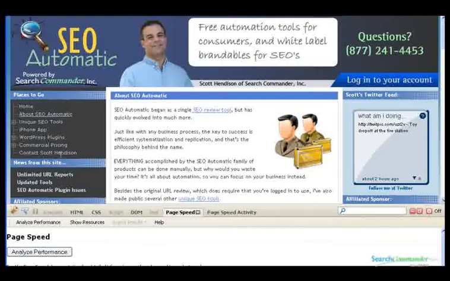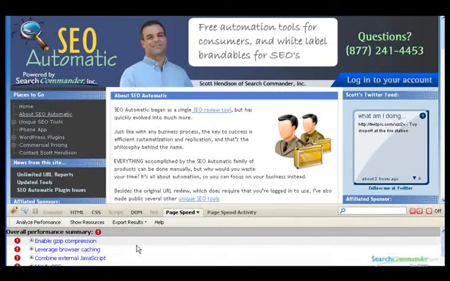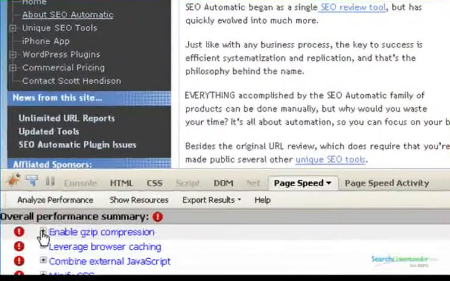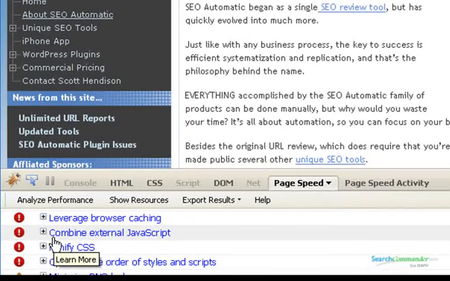As soon as you do that, you'll see a little pop-up white box here, laying over your browser, and you'll see two tabs here: Page Speed and Page Speed Activity. On Page Speed, hit Analyze Performance, let it do its thing, and it'll come up with more detailed information about your compression, about caching, about combining your JavaScripts,